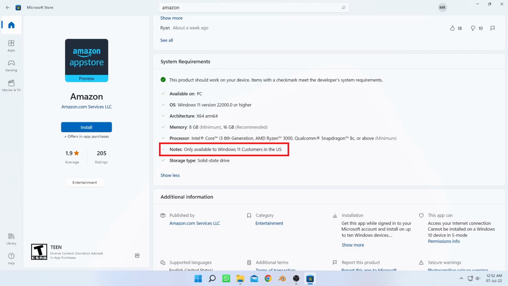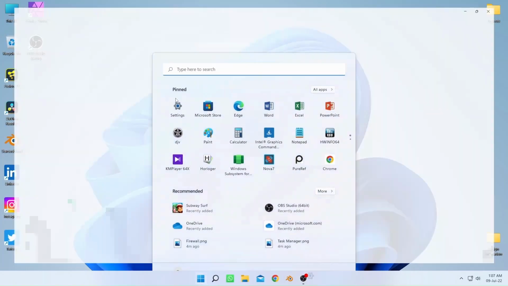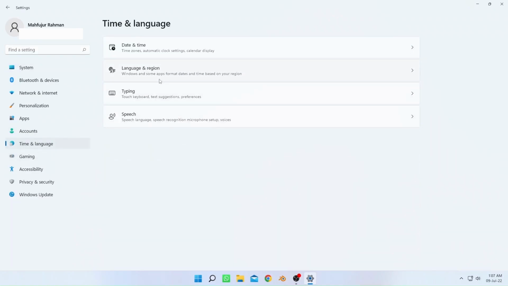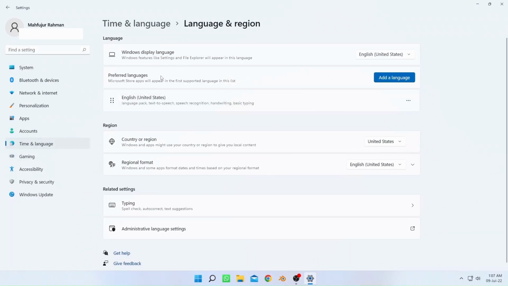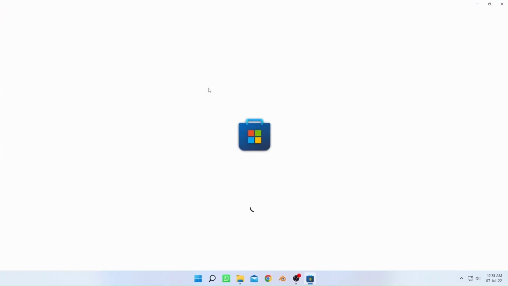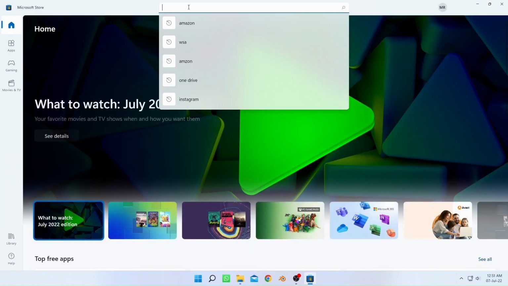As of now, Amazon App Store is only available for US customers. If you are not in America, then you have to change your country or region to United States in Windows setting, and that will allow you to install the Amazon App Store and the bundled WSA with it. Now open the Microsoft Store app, search for Amazon App Store,